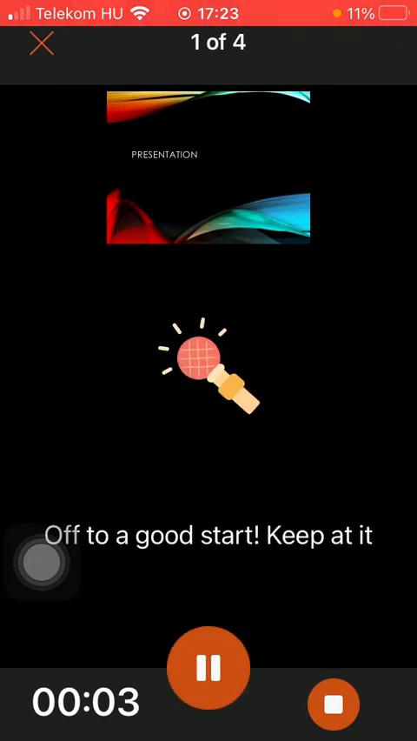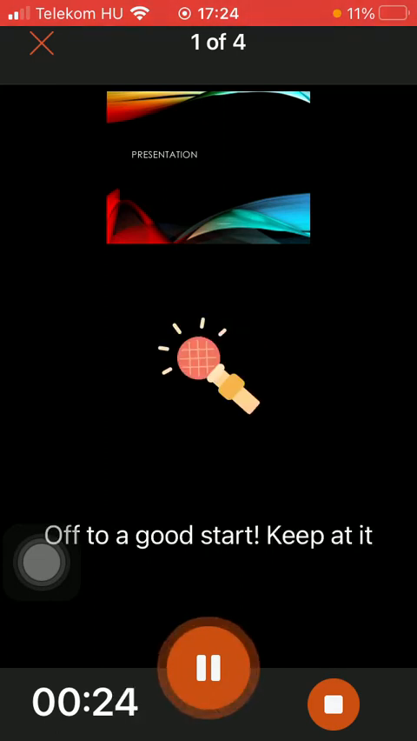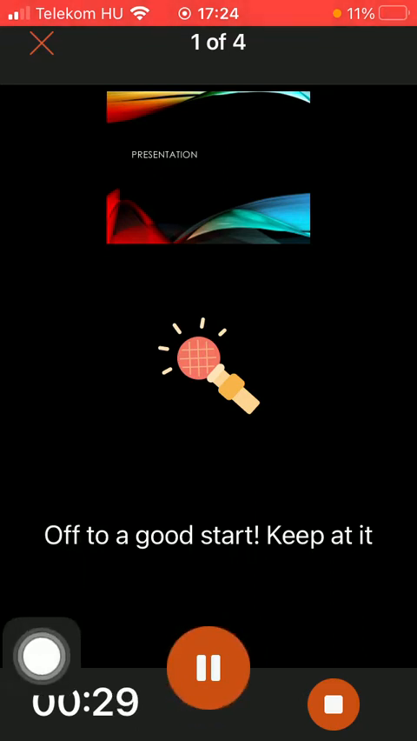So all you need to do is tapping on this button down below and start speaking, and as you can see there is this instruction: use fewer fillers like in your speech. So this is a really helpful function that you should pay attention to while you are presenting to others. As you can see, now we got the instruction that it's off to a good start, keep at it. So it's a really helpful function which will help you to develop your